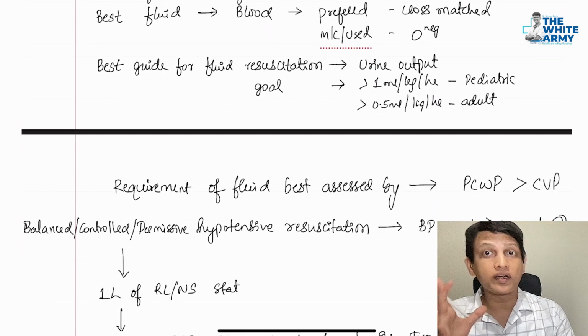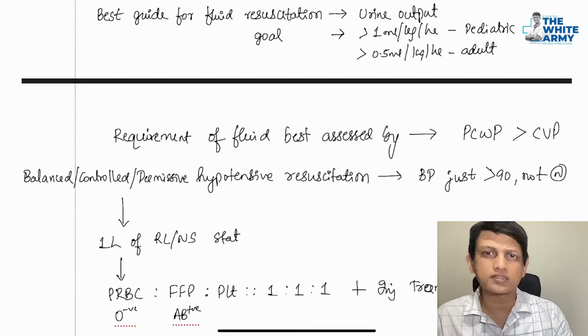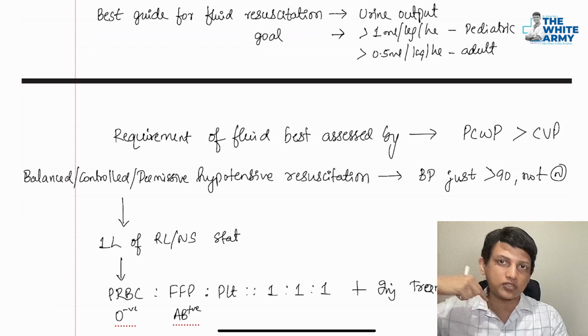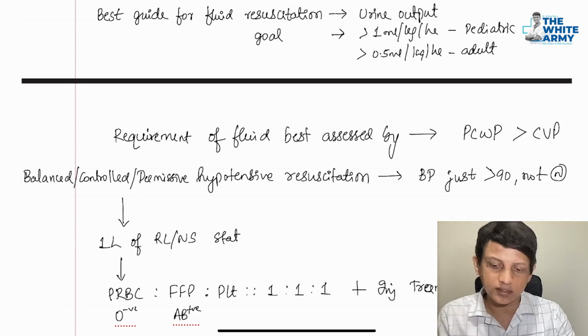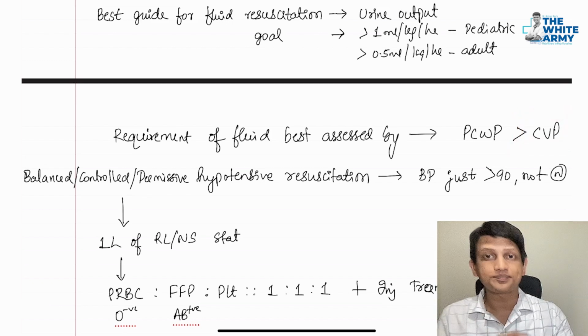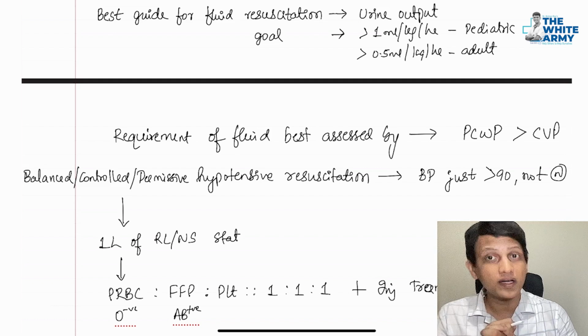What's the amount of fluid required? How much to be given? The requirement of the amount of fluid is best assessed by pulmonary capillary wedge pressure. Or simply you can do it by central venous pressure, CVP, with a central line that goes into the right atrium. Then you can check the central venous pressure. Earlier the dictum was that we have to achieve normal blood pressure for the patient to survive. Nowadays we have understood that